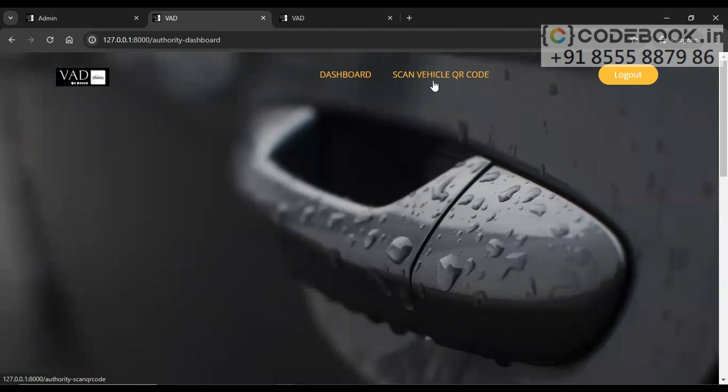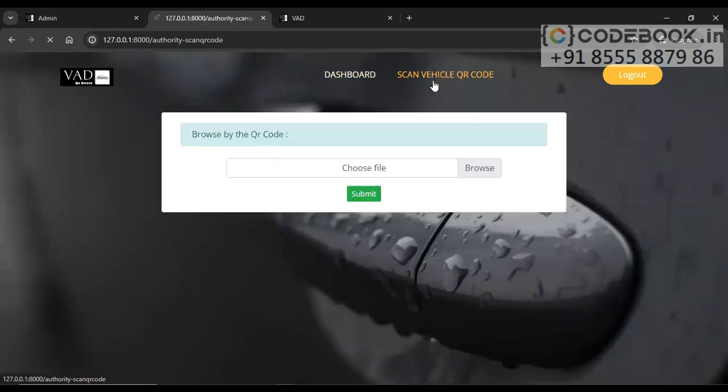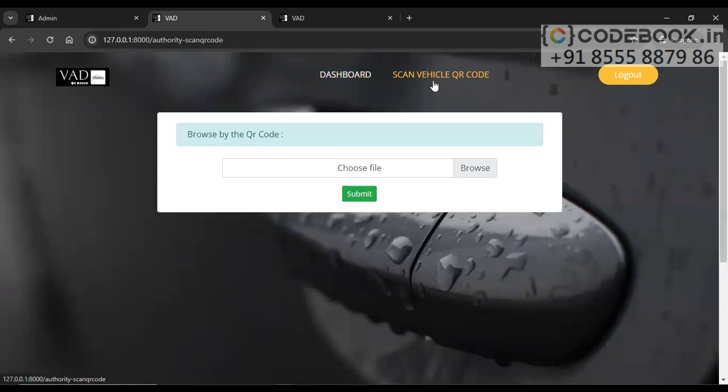Now suppose your vehicle has been stopped by the traffic officials somewhere in the city. Your vehicle obviously will have the QR code installed on the front mirror. So they will just scan it. To show that process, we have given an option here to select the QR code, which was generated at the time of adding the vehicle. We will select and scan that QR code, and based on it, the information will be retrieved. So this allows the authority or traffic officials to know the complete information about the vehicle details,